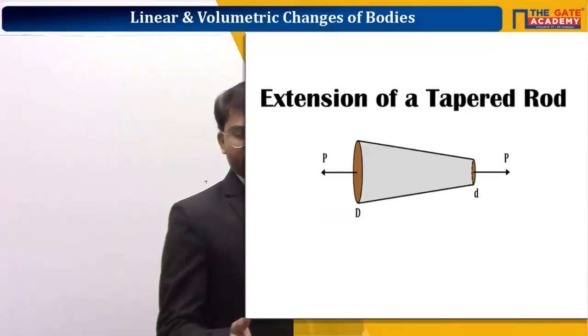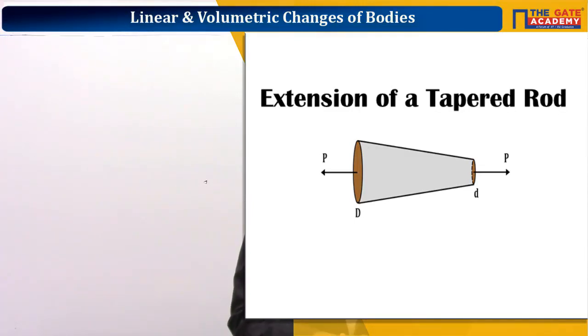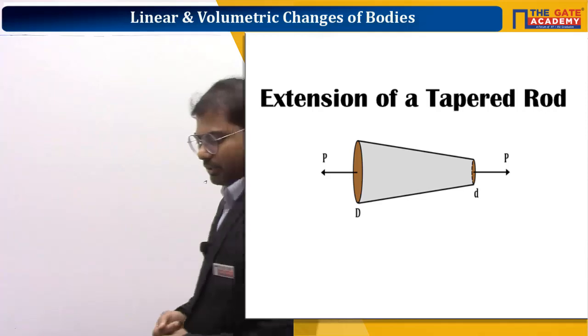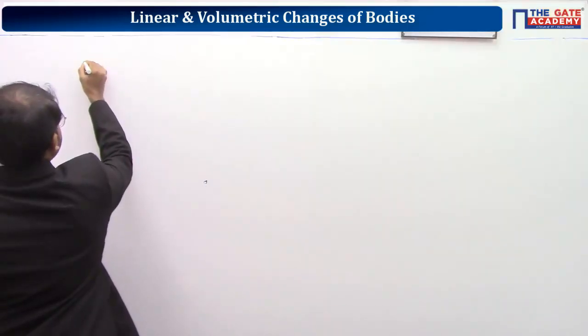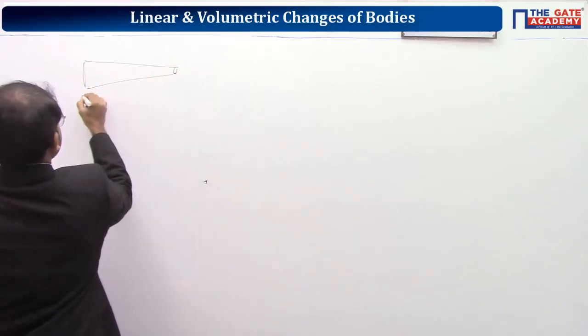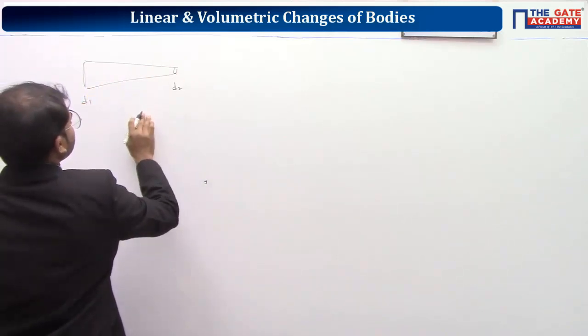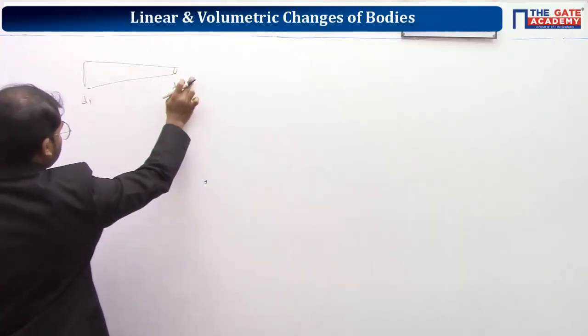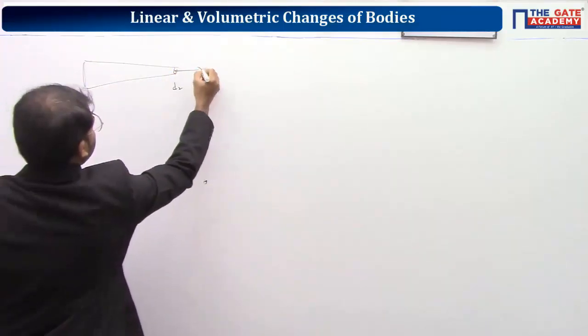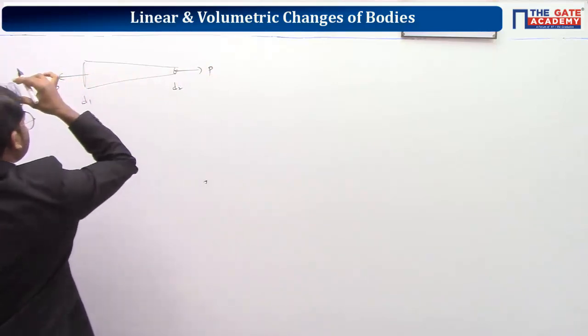Now we are going with the extension of the tapered rod. Here the area of cross section is going on varying along the length. Let's take the diameter as d1 here and d2 here. It doesn't matter whether the larger diameter is on the left side and the smaller on the right, or vice versa. When you are applying a tensile force P here,